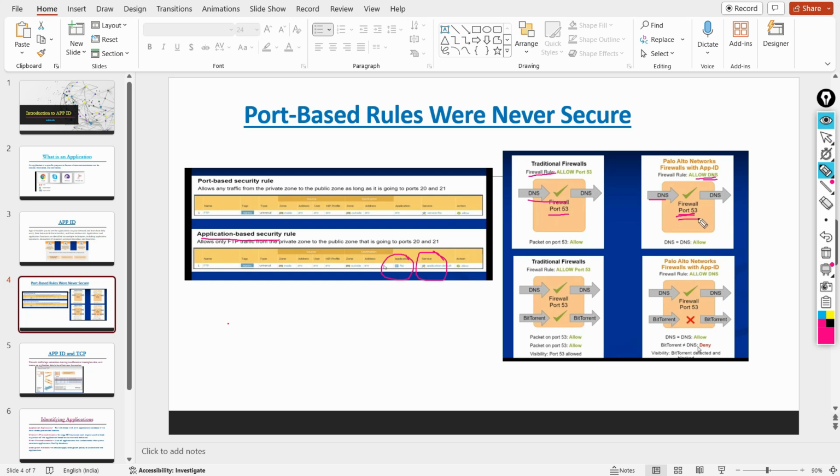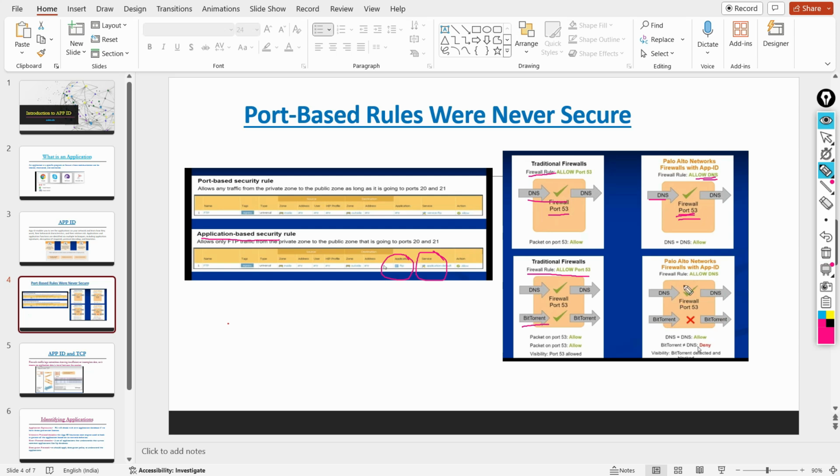That means identification of the app is required. Here is another example. In the traditional firewall, we allow port 53, so what is going to happen? BitTorrent can also be forwarded using port 53 because there is no classification of the applications.